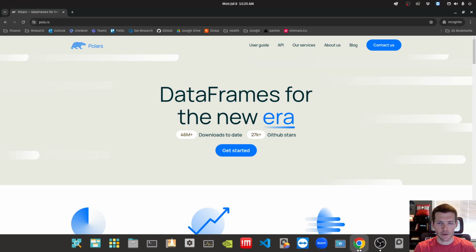Again, Pandas has been around since 2008. Pandas was developed by Wes McKinney when he was a PhD student. The library was kind of born out of needs that he had at the time to enable him to do the things that he was doing more efficiently. So he started working on this library, and it has gained a tremendous amount of popularity. Not only is the library extremely large and extremely powerful, but it is also used as a core dependency by many other libraries within the Python ecosystem.